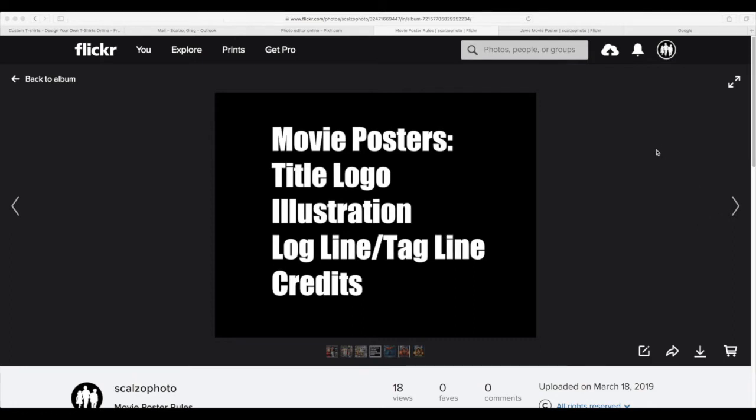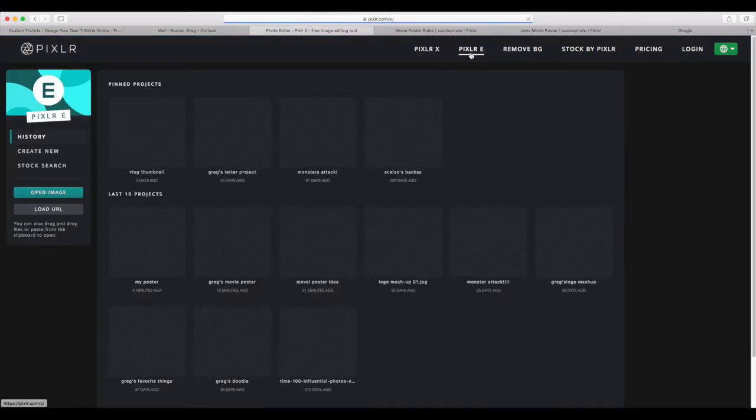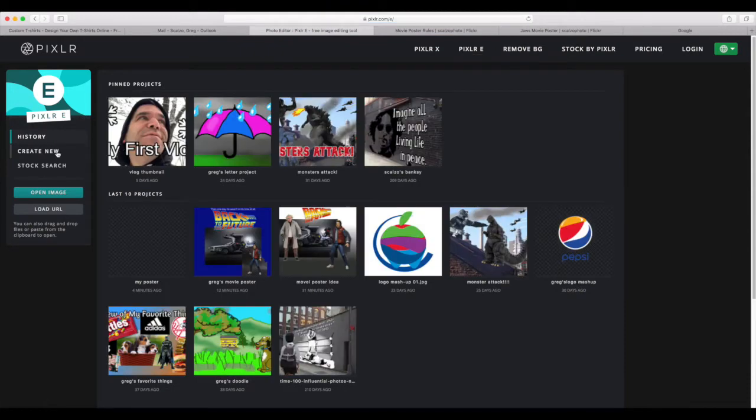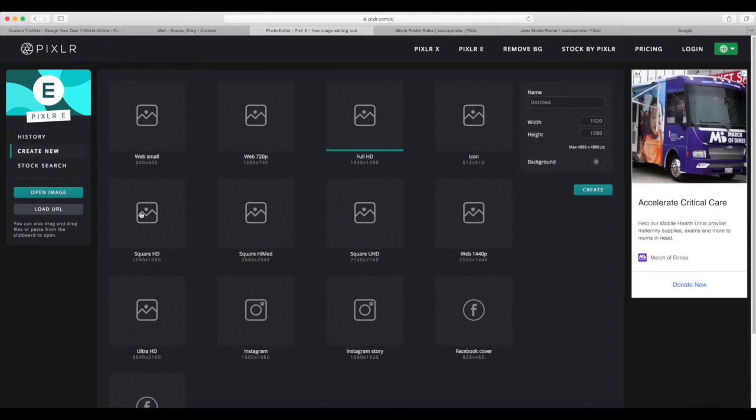And as we go to do this work, what you're going to do is go to the web application pixlr.com. And when you come here, you don't log in, you don't sign in, you don't pay any money. Just go to Pixlr E to begin. And if you haven't worked on this already, you click Create New, and then what I've been choosing to make